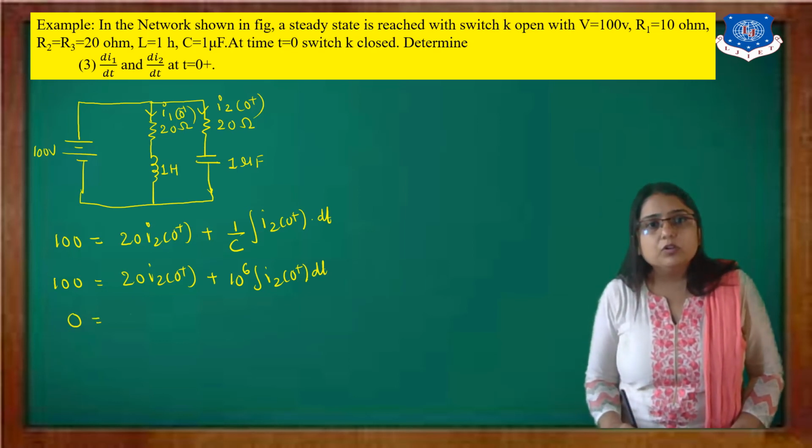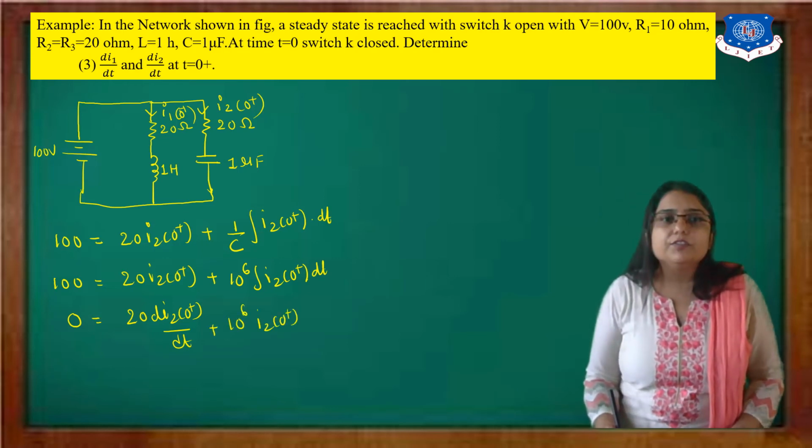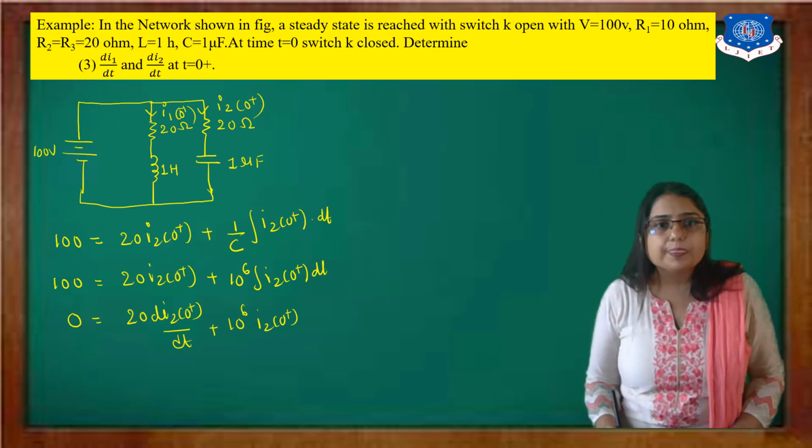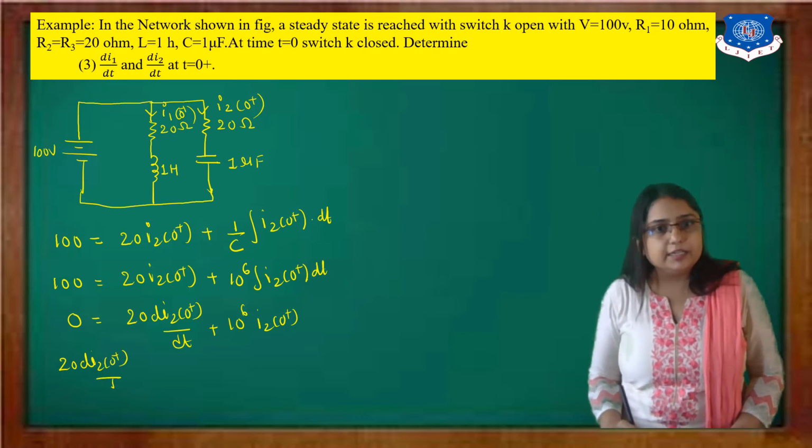So 0 equals 20 di2(0+)/dt plus 10 raised to 6 I2(0+), because the integration and differentiation cancel out. So here 20 di2(0+)/dt equals minus 10 raised to 6,